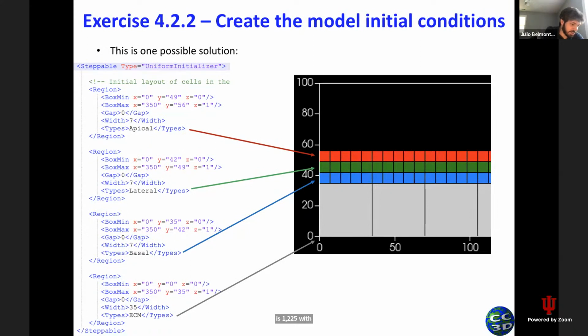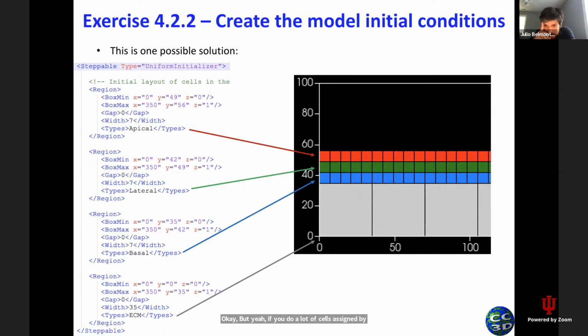Let me double check here. Otherwise the cell will shrink as soon as you begin. But yeah, if you do a lot of cells, 7 by 7 cells,